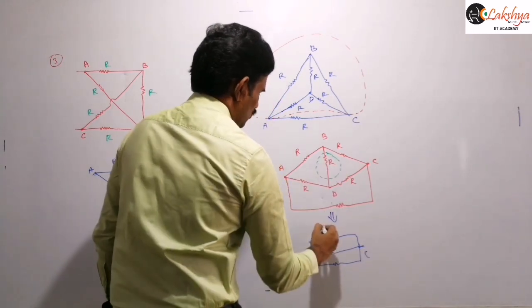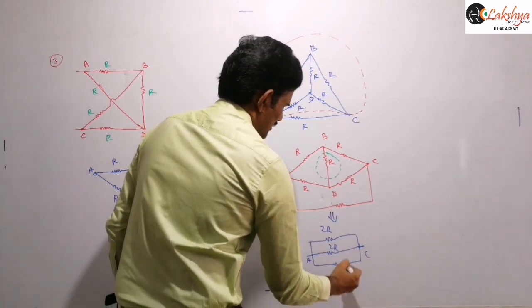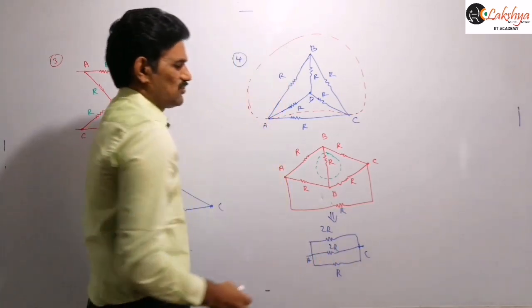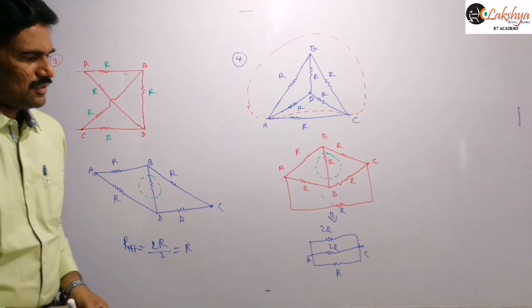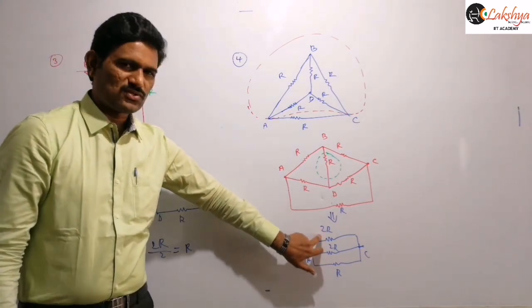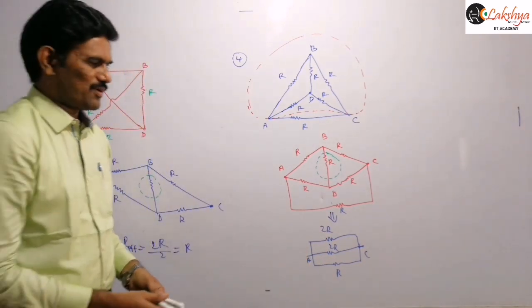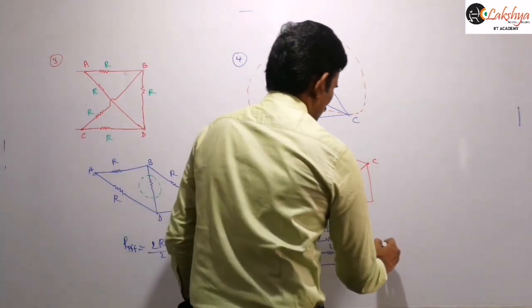So R and R, 2R and this is also 2R, these two resistors and this remaining resistance here. Then the circuit will be like this. And then you can say simply these two are in parallel, means you can first simplify these two, R you will get, and that R and this R are in parallel, so R by 2 you will get. So I can write this effective resistance as